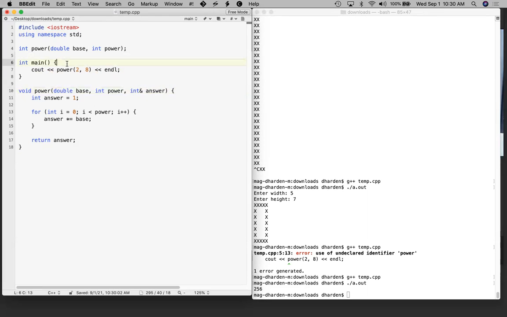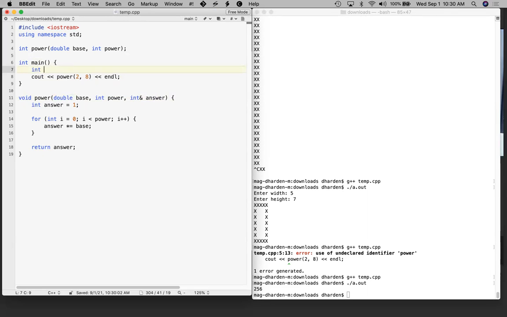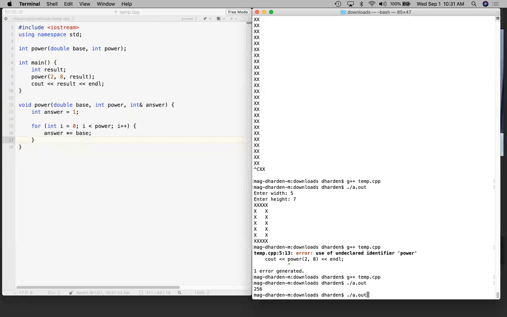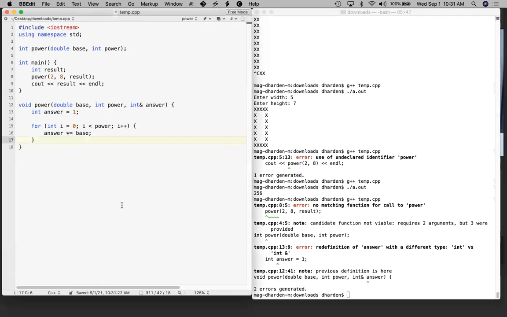And then up here, we'd have to declare a variable, let me just call it result, so it's something different. Then we'd have to call power with a 2 and an 8 and a result. And then we'd have to say cout result. Then we would get rid of this return statement. I think I have equivalent code here. It's going to do the same thing. Maybe we should just double check. Oh, except I have to change